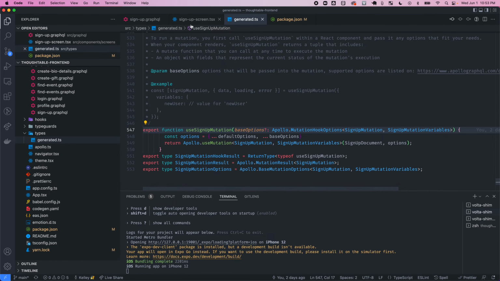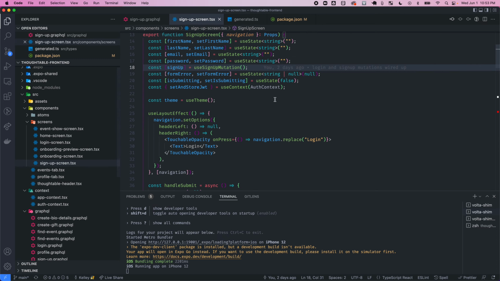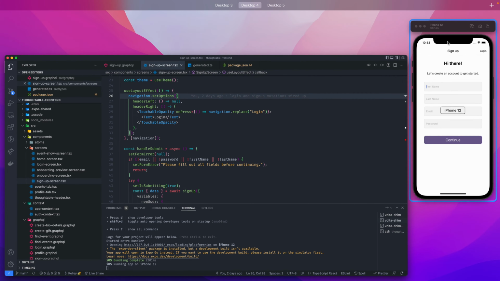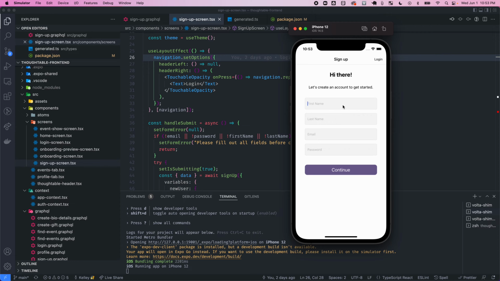It's really handy. And I'm importing it here into my component where I have all my logic for how the UI is working. So to go back to the app,